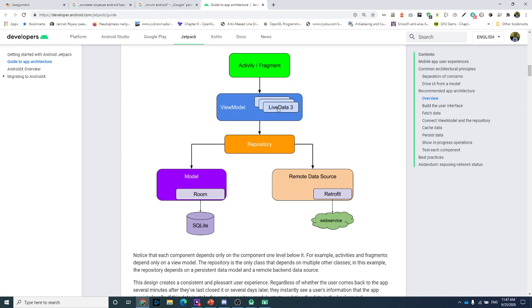From other sources you get the data, and you just write your algorithm here, like the business layer. Here is the UI layer, business layer, and repository. It's one more layer to separate remote connections, for example, to a web service, or locally to a database connection, or just locally have some list when you would like to have some static data added to your app. And those layers separate